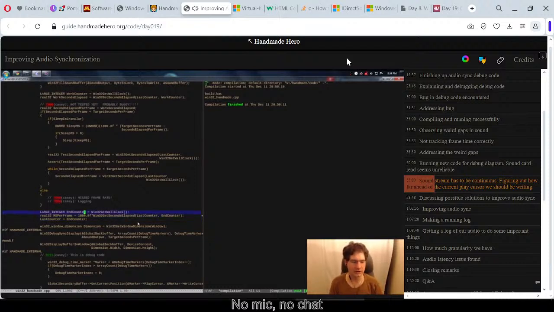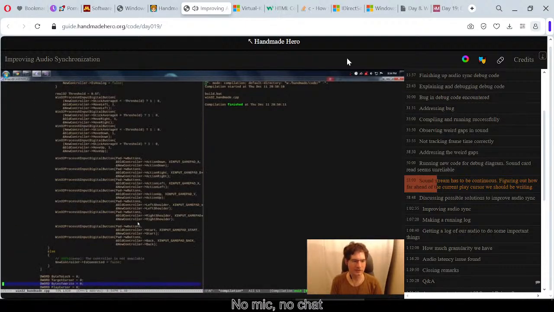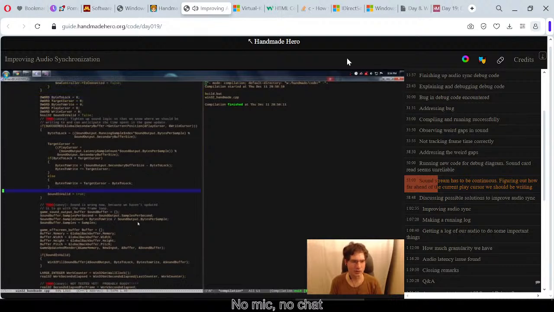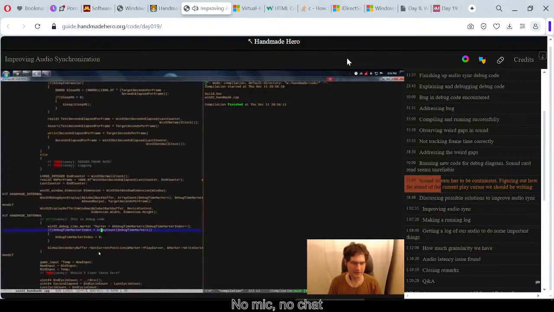So what we want to do is we want to actually go, and I guess this makes this not really debug anymore. We actually want to go ahead and do this play cursor access. We want to do that access actually back here, right? If that makes any sense. So what we want to do is say, okay, let's go ahead and take that sample